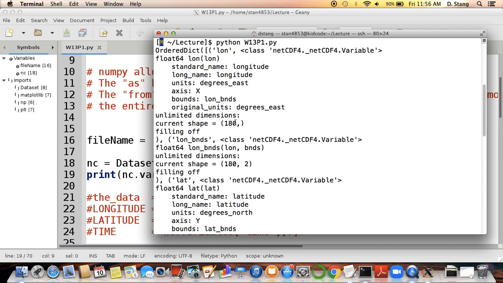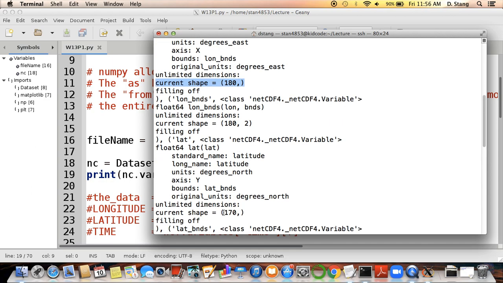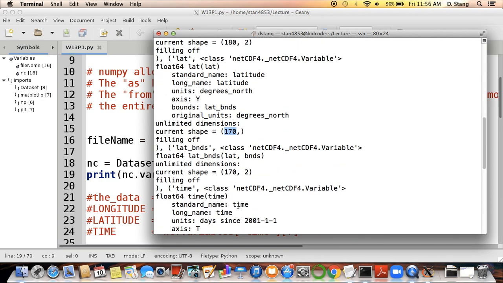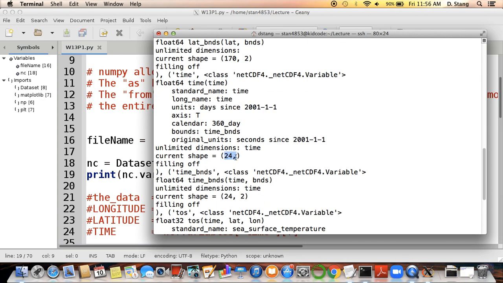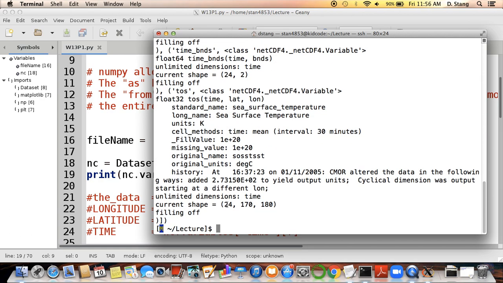So again, we got this information from the command line. It was a little bit more organized in the command line, but you can get the same information using Python. So this tells us that there are in fact 180 longitude values, and that's stored in a one-dimensional array. And then 170 latitude values, also a one-dimensional array. 24 time values, also a one-dimensional array. And then finally down here,